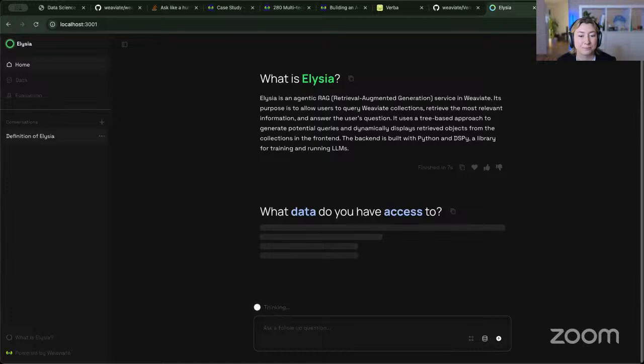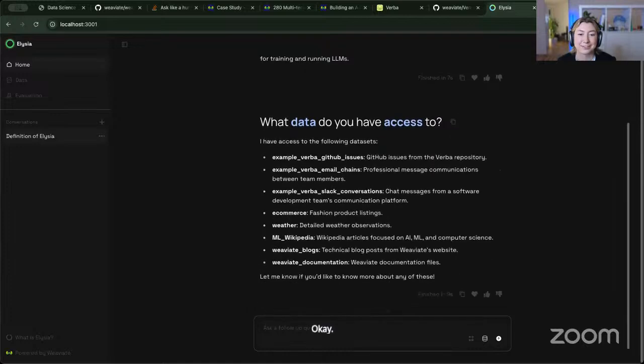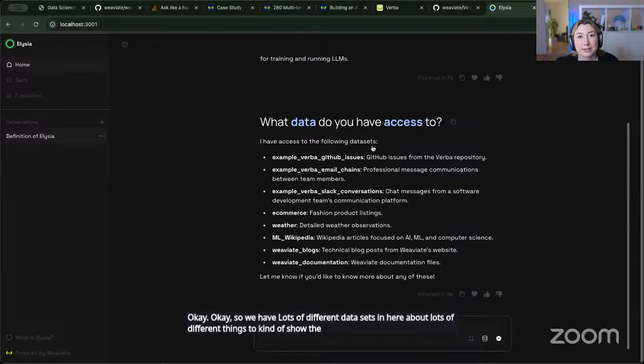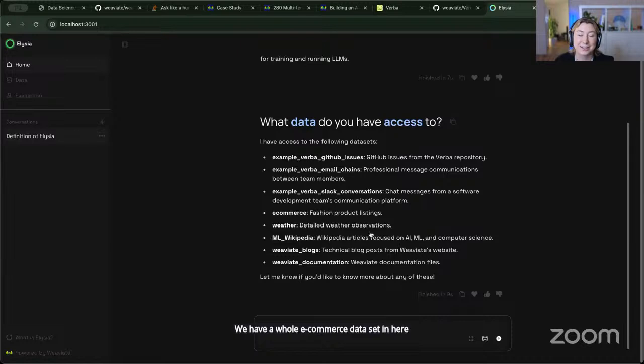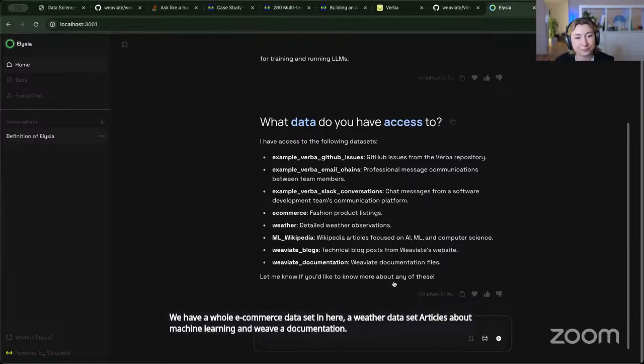Okay, so we have lots of different data sets in here about lots of different things to show that it's actually querying the right data. So we have example GitHub issues from Verba, example email chains that have been artificially generated, and Slack conversations that have artificially been generated. We have a whole e-commerce data set in here, a weather data set, articles about machine learning, and Weaviate documentation. So if we, for example, ask